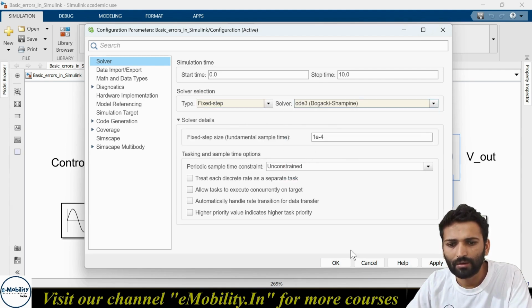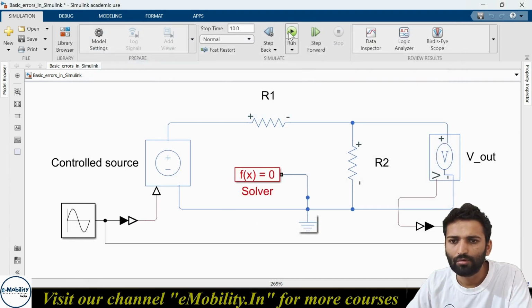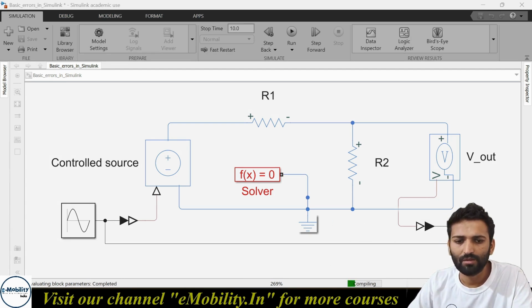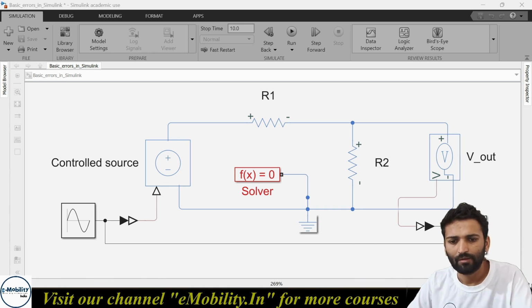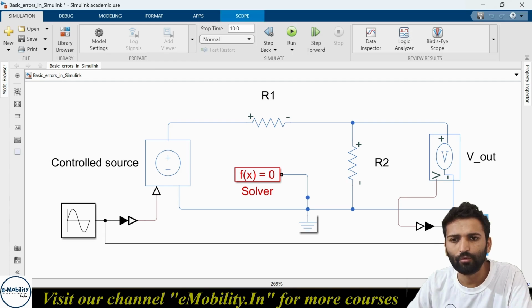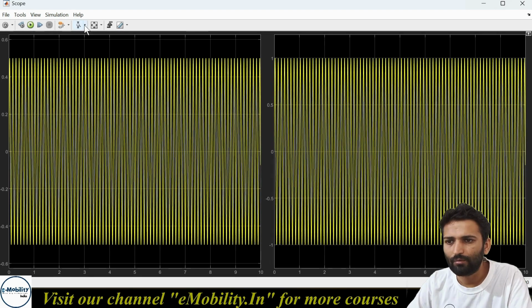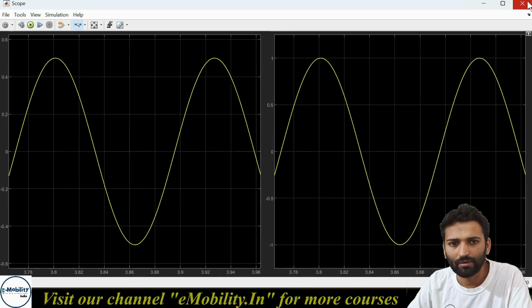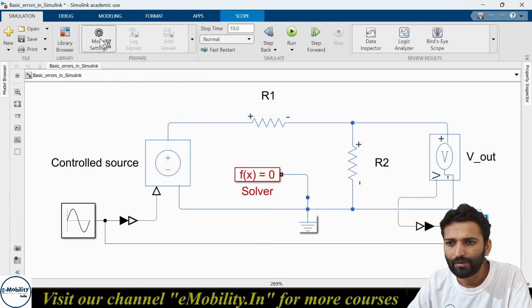This circuit which I have shown you, I mostly was working in ODE3, which you can see here in the bottom right corner. This is written ODE3. So this simulation is working on ODE3. Here we can see that we are able to get a sufficient amount of accuracy with this particular kind of system. If you zoom into the results, you can see that the step size is perfect. If we reduce the step size, then this sine wave will get distorted.